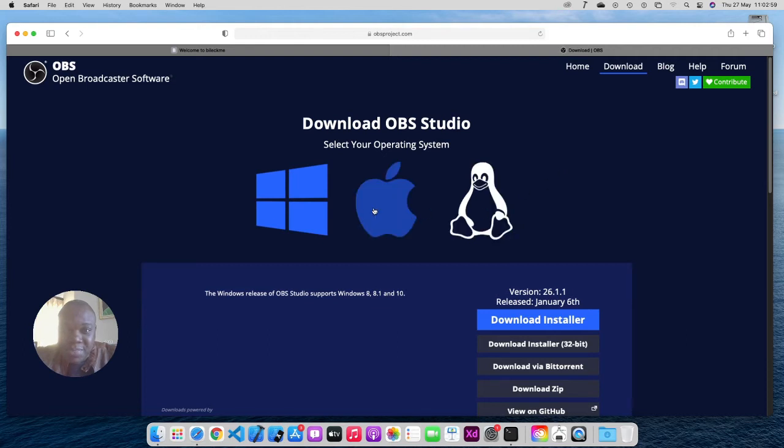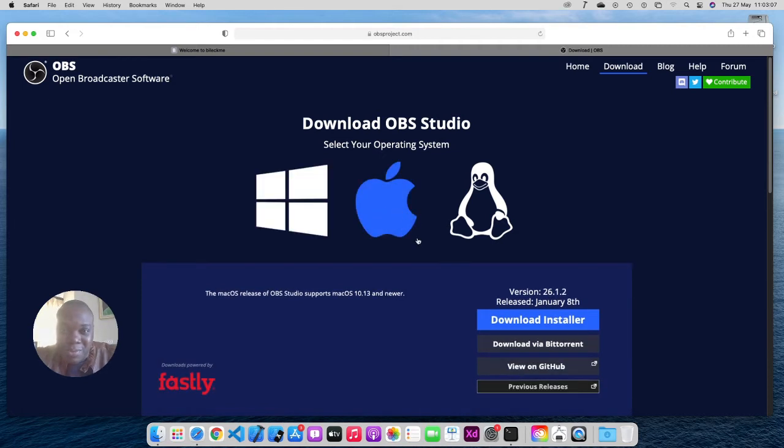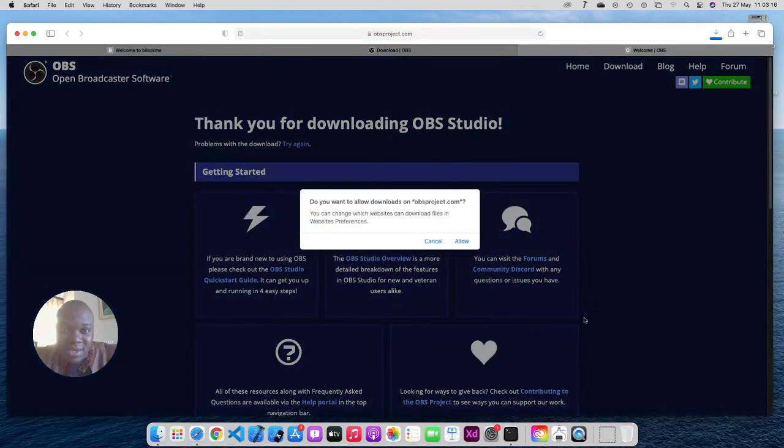Okay, the operating system we're using at the moment is a Mac, Big Sur. So I'm just going to click on the Mac icon, and then here we have the download installer. I'm just going to click on download installer, and then it will prompt me if I would like to allow this website to install or download files from there. I'm just going to say allow,